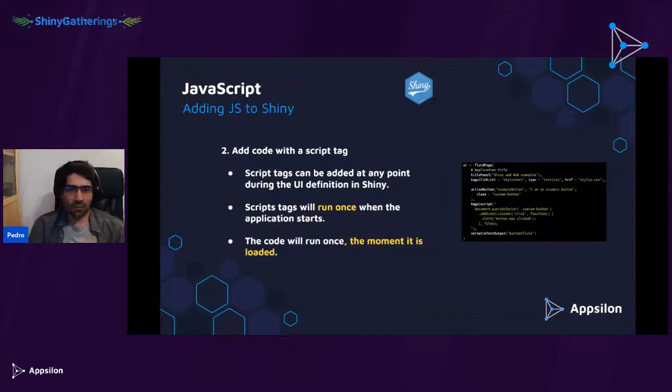This means that if you had this script tag before the button, it actually would fail because the button technically doesn't exist at the point that you run it. There's a couple of JS ways around this where you can delay running the code until later. The best solution would be to have an on-click that invokes a function. The function is defined as a pure function, so it doesn't really break anything.